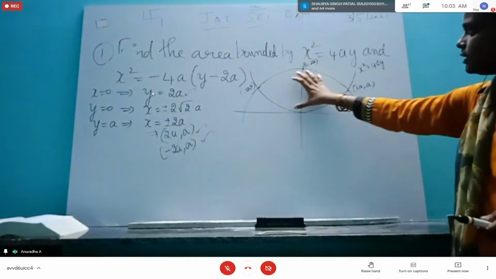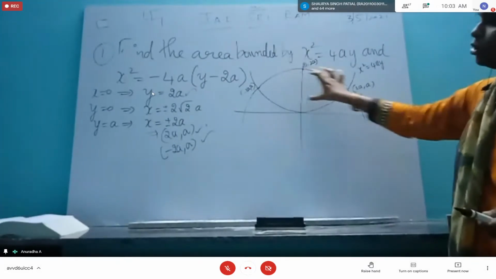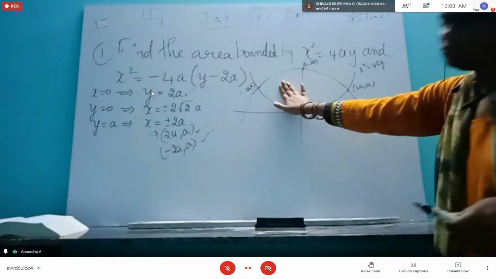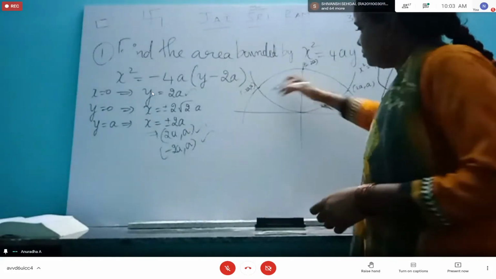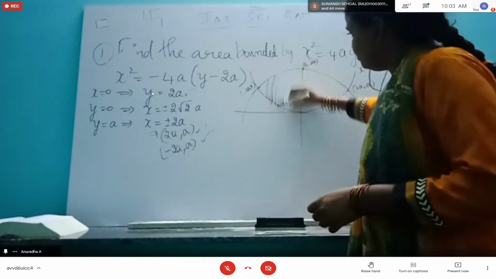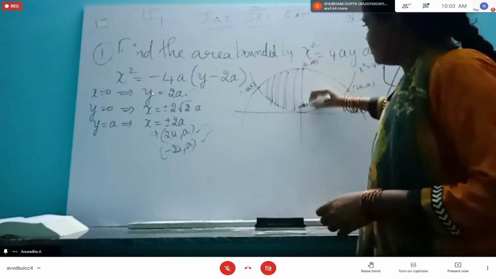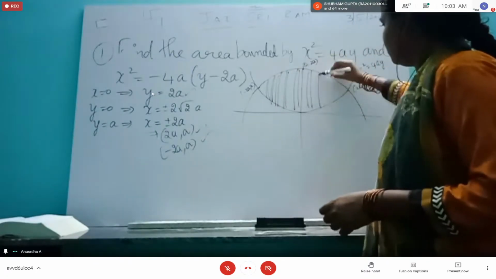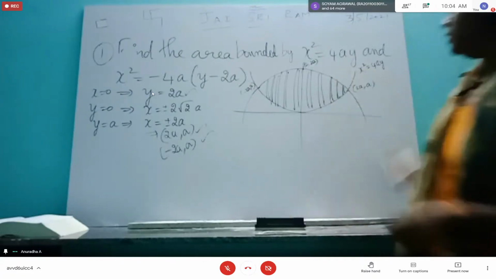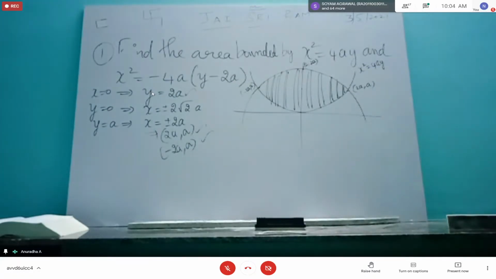So this is the region we have to take, including both x-axis and y-axis, because both first quadrant and second quadrant, the entire region we have to take. Here also we have to take the vertical strip like this. So that is going to be our region of intersection. Any doubt in drawing the diagram? Ma'am, the diagram is symmetric.